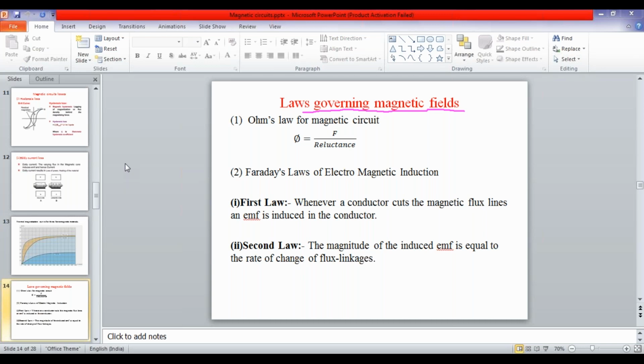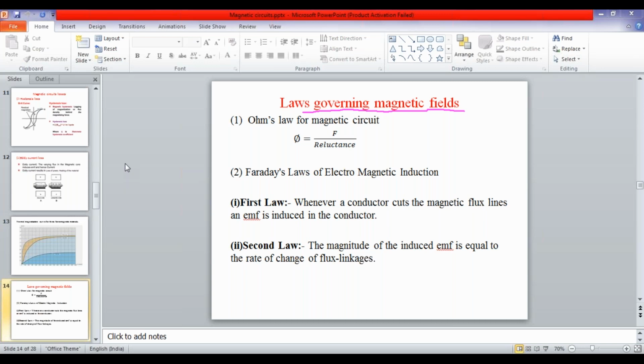So after the lockdown, if time is there, then I will try to teach you that electromagnetic field subject also. If you are interested, after the lockdown in the college session, you can contact me. I will teach you about the fundamentals of electromagnetic fields, so that you can understand the third unit also clearly.